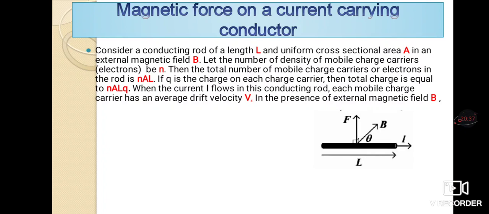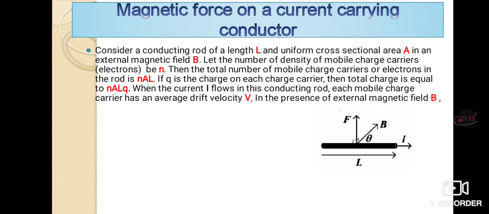Therefore, in the entire rod, the total number of electrons is nAL, and if q is the charge on each charge carrier, so electrons are having a charge, then our equation becomes nALq. Then when a current I is flowing through the conducting rod, each mobile charge carrier